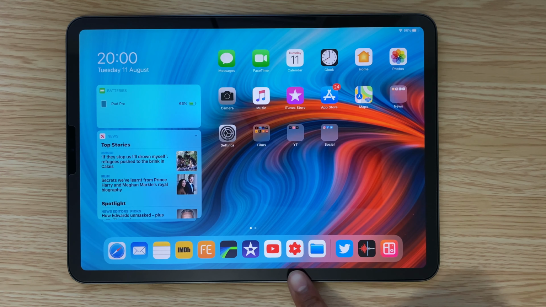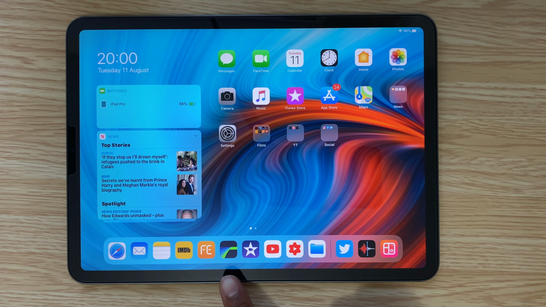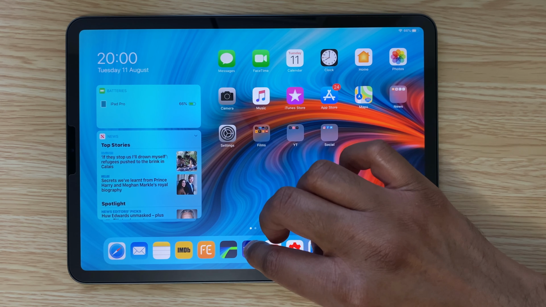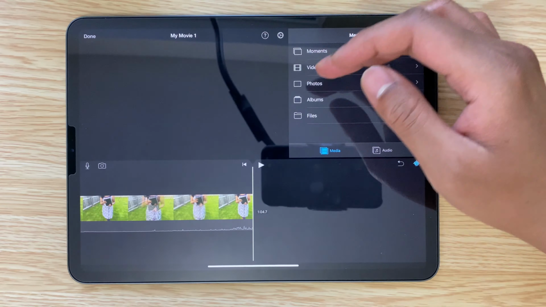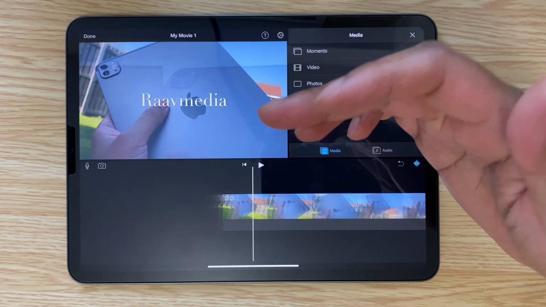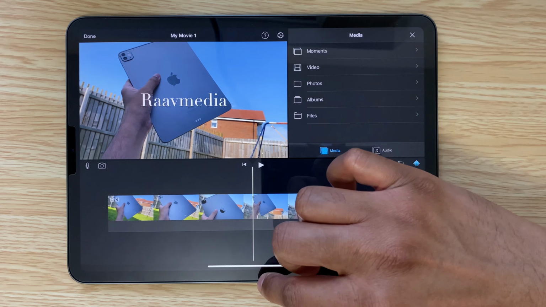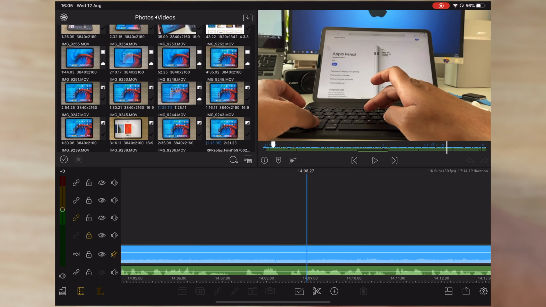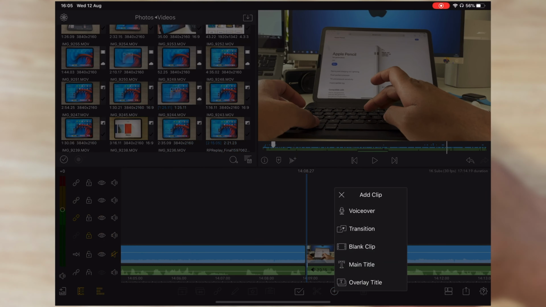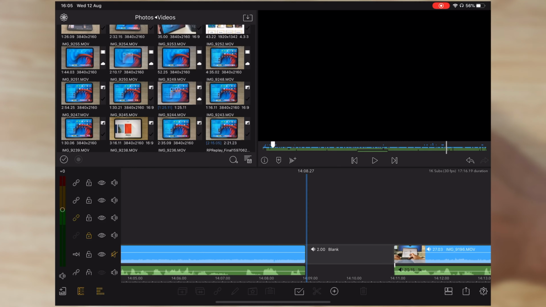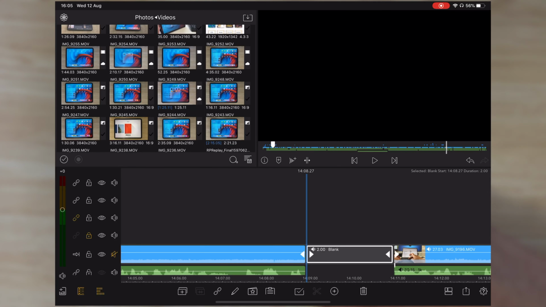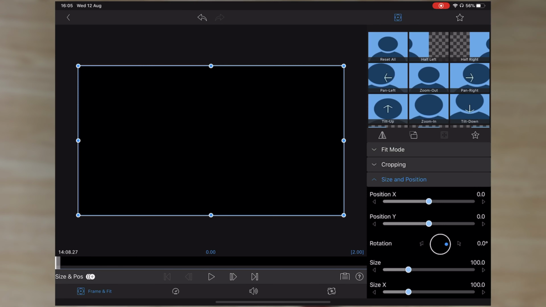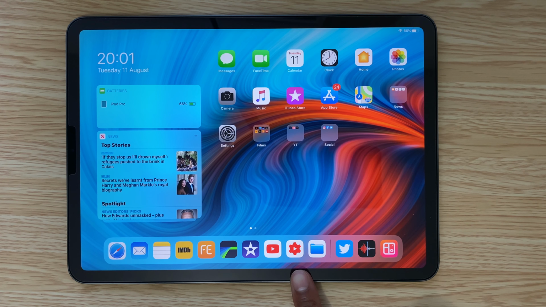Then I got my two main apps which I use for video editing, iMovie and LumaFusion. Both have got their strengths and weaknesses. iMovie is basic, but it's very easy to get the hang of. The options are all easy and straightforward, but basic, whereas LumaFusion is quite advanced and you can do quite a lot with it. LumaFusion is a rather pricey option at £30, but it's really a complete video editing tool, and you usually pay at least over £100 if you want something similar on PC. Then I have got the YouTube and YouTube Studio apps here.